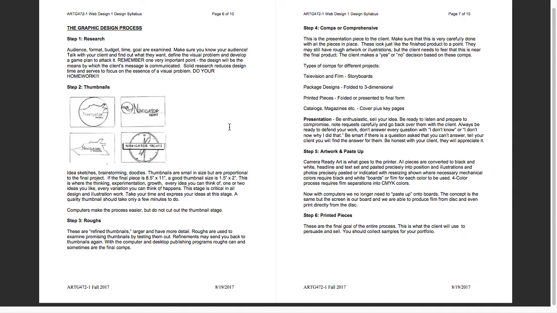So, design process: research, audience, format, budget, time, goal, everything's examined here. This is where we spend most of our time. This is actually where I probably spend 50 to 60% of my time on any project. Because if I don't have what I need later on, I'm just wasting time. And time's money. When it all comes down to it, if I can cut corners and still produce a quality product, and that's experience, then I'm going to do it, just because I don't want to spend 3.5 hours in research unless I have to.